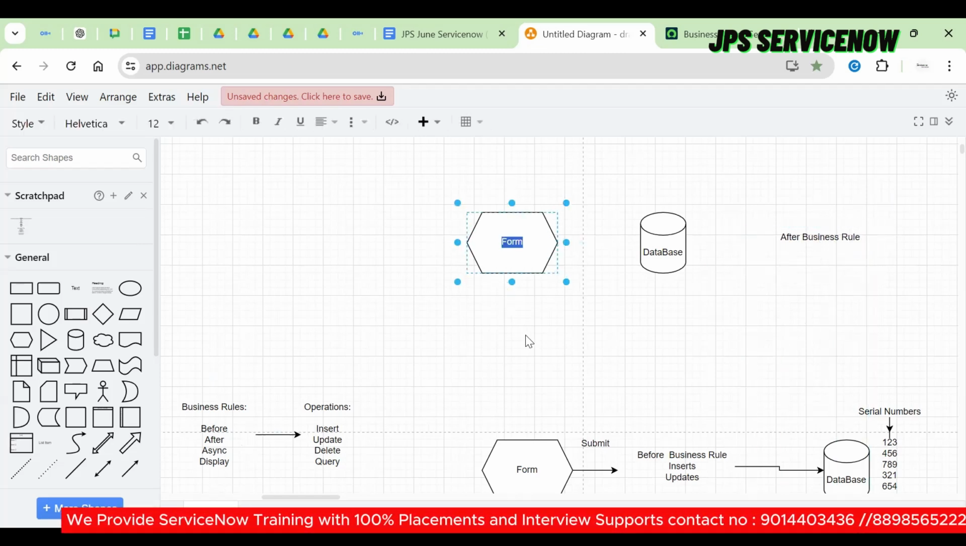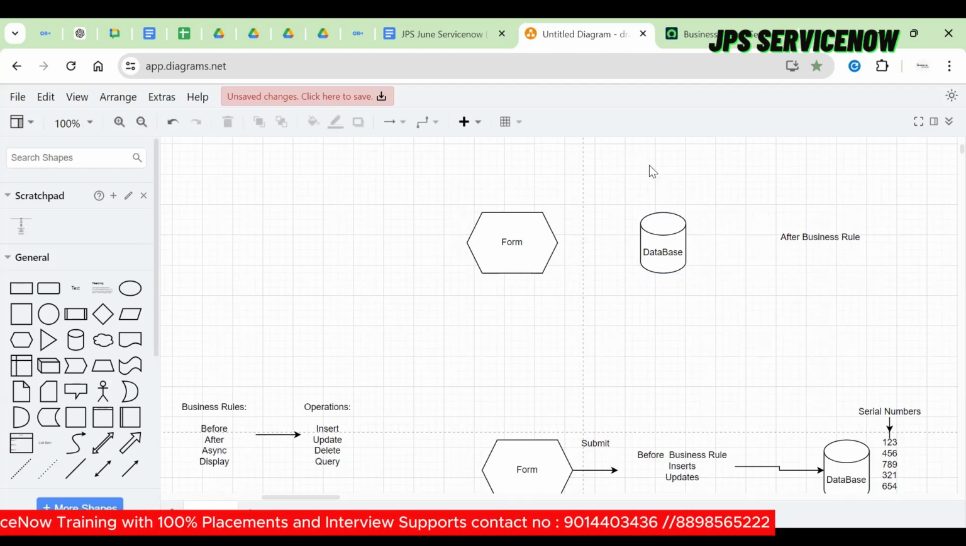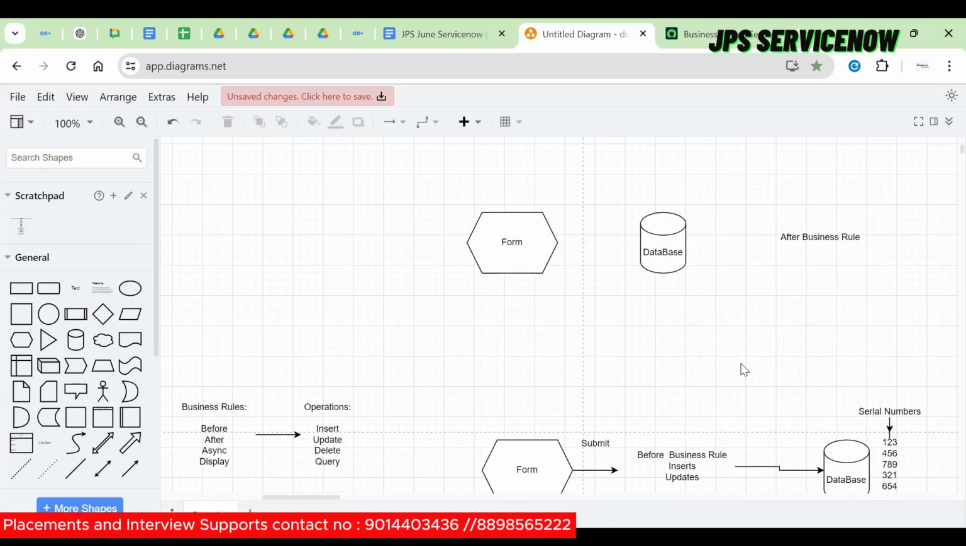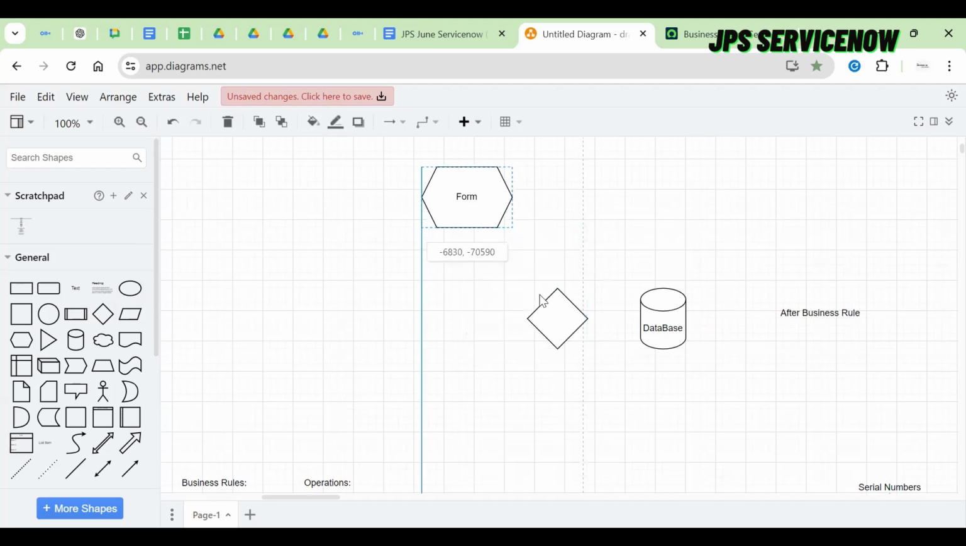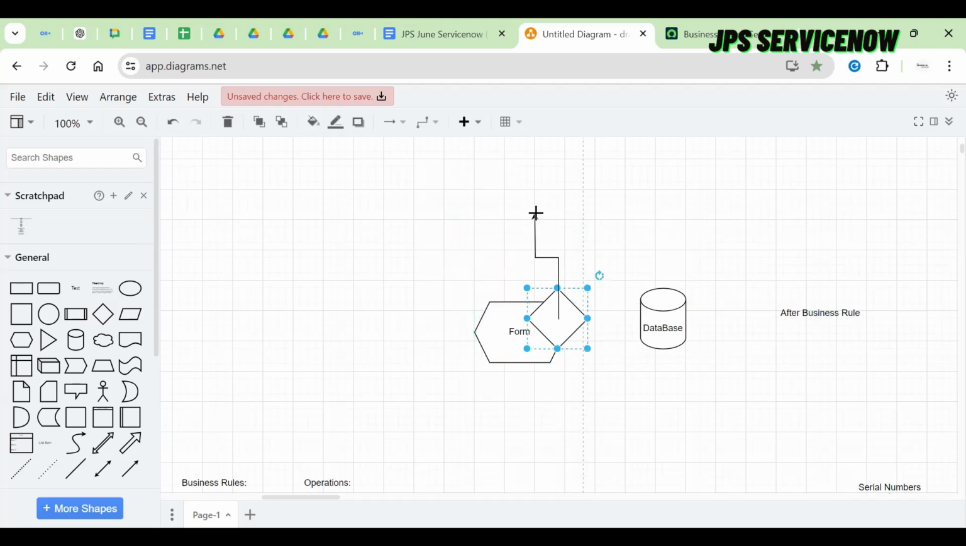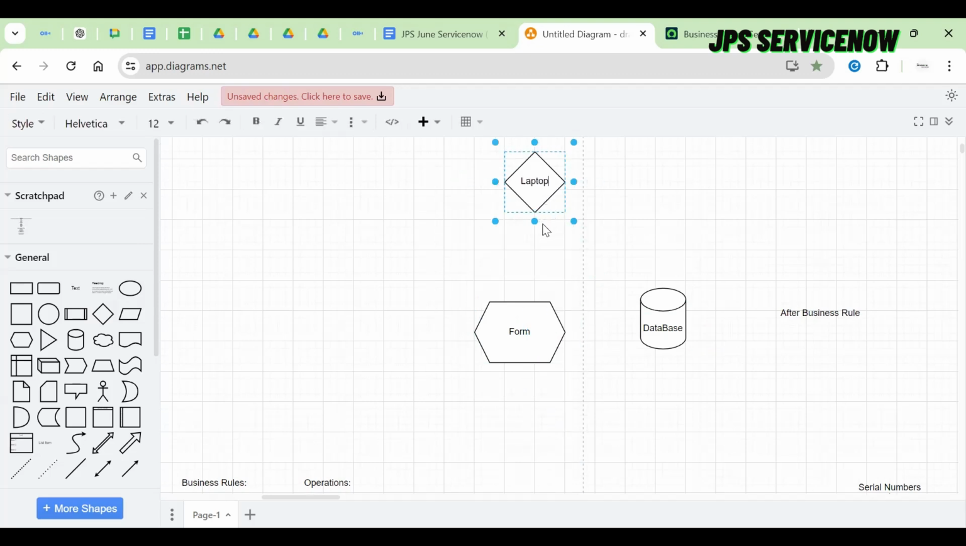Now this is my form. Let's take for example, this particular record should go for the approval once the record has got submitted. Now we have one laptop request, bro. This is the laptop. This is the particular user, and I am requesting for the laptop. Once after requested for the laptop,